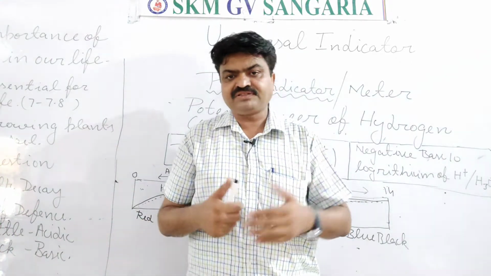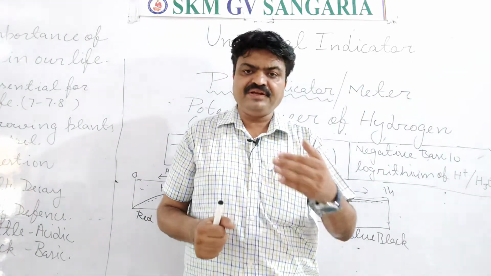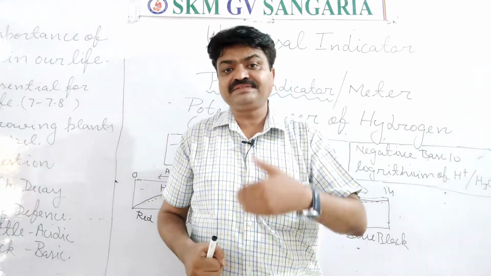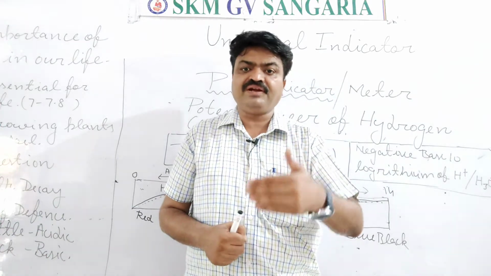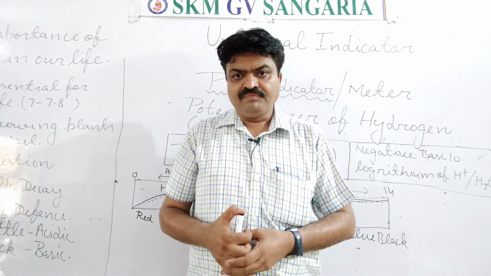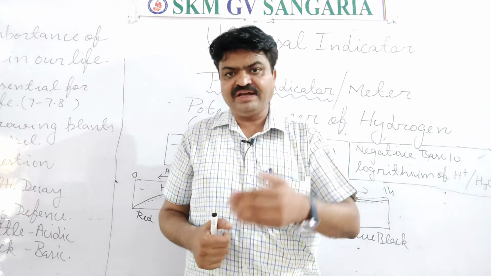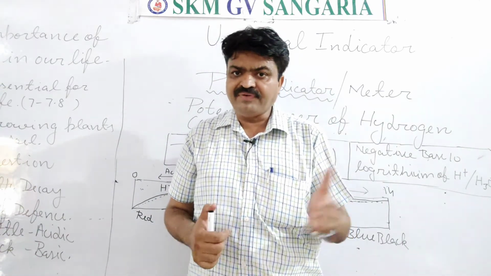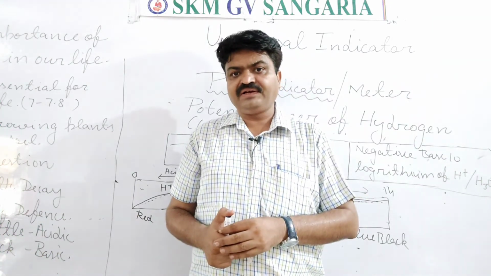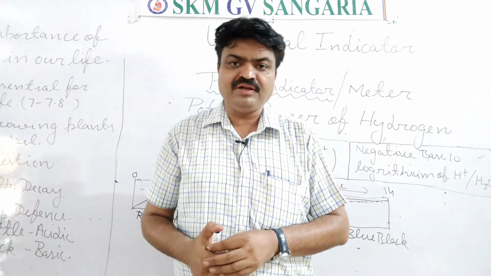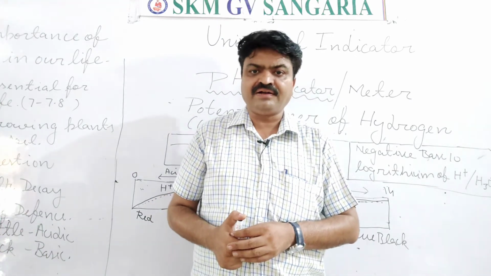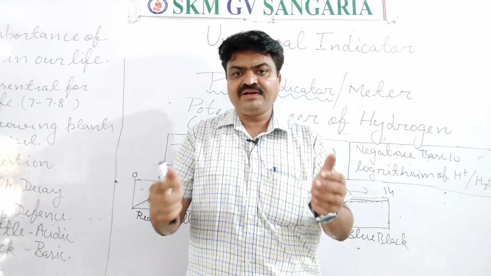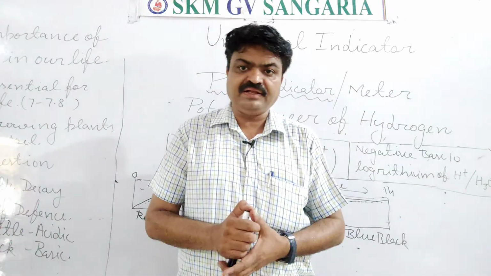Like in our stomach, the pH that we have is acidic, student, less than 7, to digest the different food items, because in the stomach one acid is released, hydrochloric acid. But when the food enters the small intestine, another substance is released inside the intestine. It is bile juice, student, or the pancreatic juice.